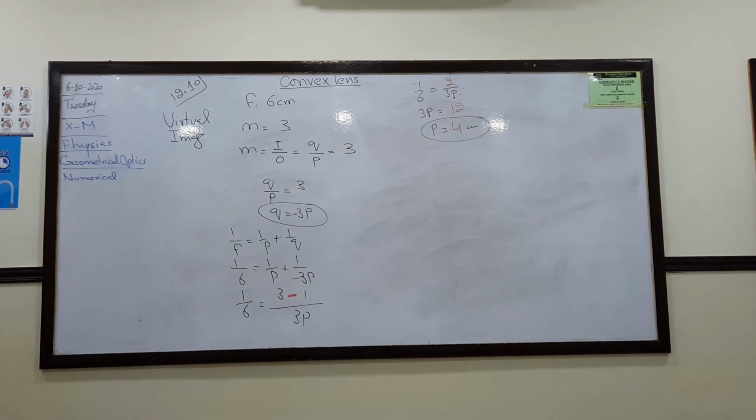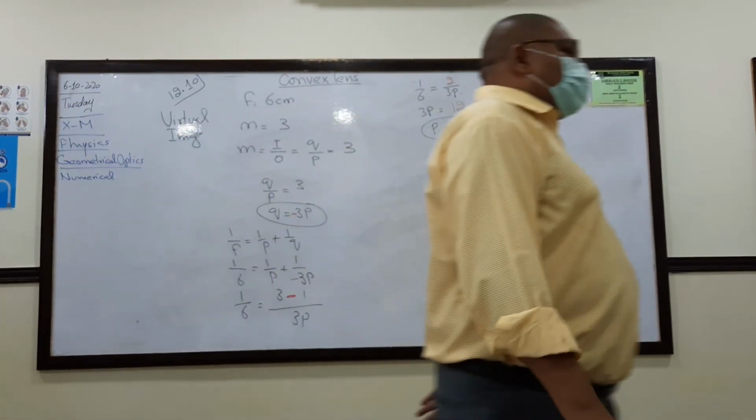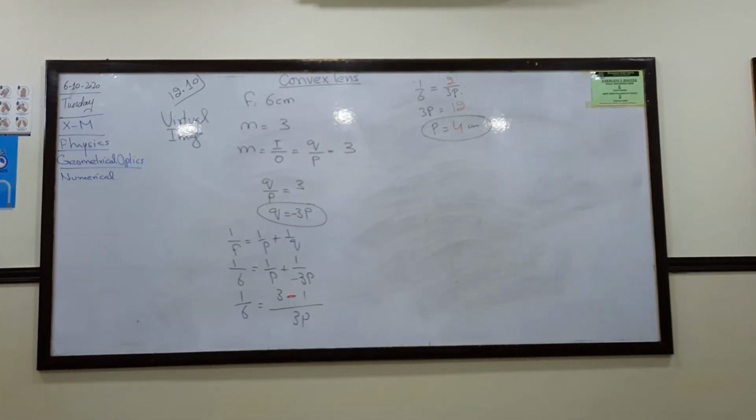Now it's good? So if everybody is done with this, we can move to the next numerical. The funny thing is that question number 11 is not included in the syllabus. So we have question number 12. That is not included. Okay.